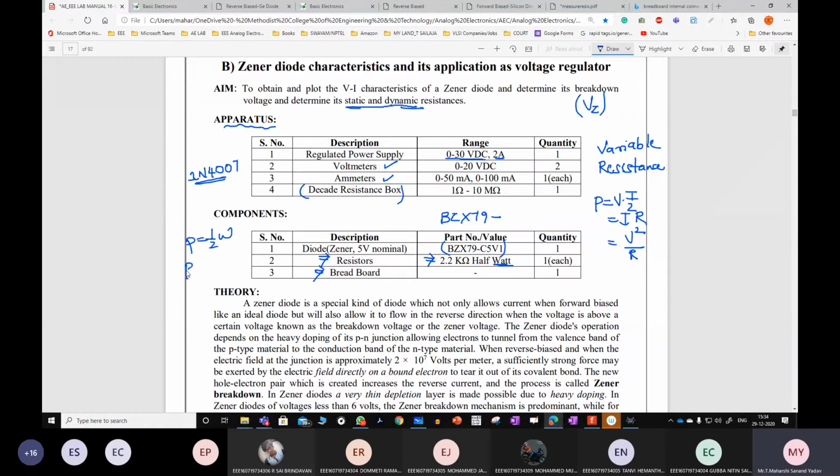Generally power is equal to dE by dt, simply the differentiation of energy with respect to time. Or if you want energy, it is the integral of P into dt.